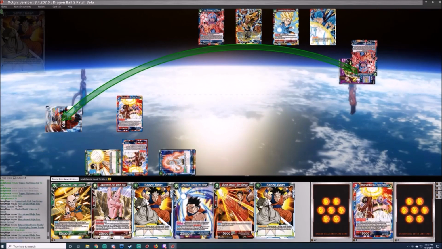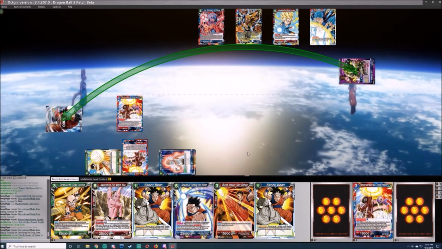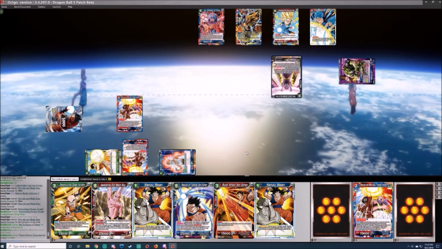I believe this Trunks doesn't actually die right away, because I'm pretty sure it's 15k right now. It dies at the end of turn, because his power lasts till end of turn. I'm pretty sure that's how it works. So because he's 15, he used it, and by the end of turn, when he goes back down to 5, he would go minus 10 from me and die. I'm pretty sure that's how it works, but it looks like he just